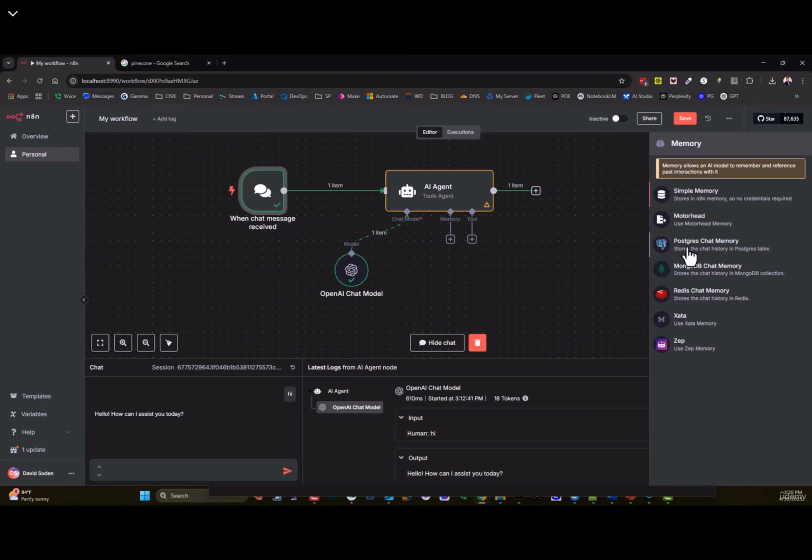A better way of dealing with it is Postgres chat memory. And this is an actual database. Now, you can have a subscription to supabase.com. And in the administrative section, I'm going to show you the easy panel, where you can also host your own Postgres as well. So lots of different ways of doing it. Postgres can be hosted just about anywhere, including locally. So if you want to run it all local, so be it. That's completely fine. All I'm saying is that for the purposes of today's video, we're going to use simple memory,